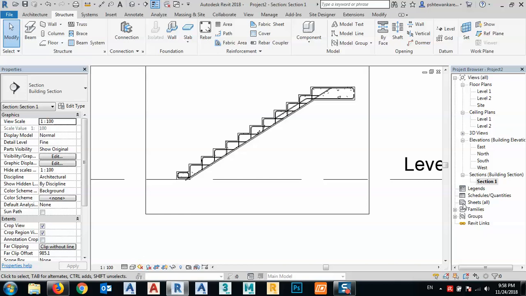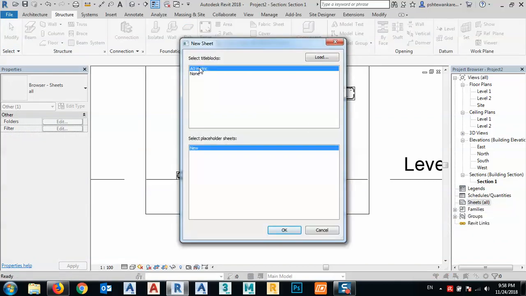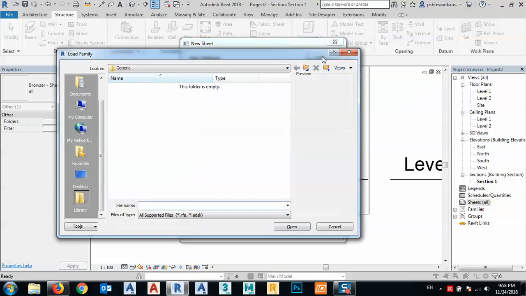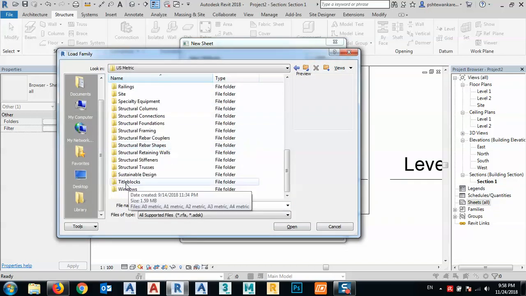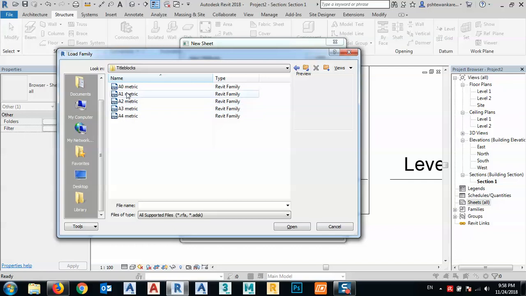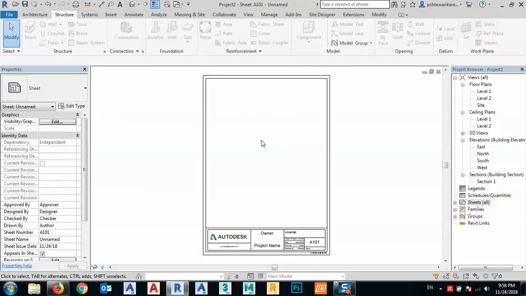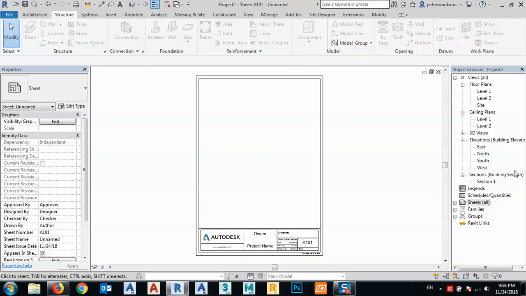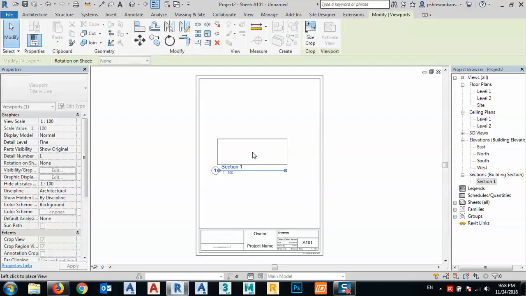We can put on a sheet. Right click here and create new sheet. For we have A0 only. If we want to put on A4, I can load a paper. It's here, title block. A2, which type I want. For example, let's say A4. Open it and open again, and now we have our A4 paper, and click here for the section and bring it and drag and bring inside